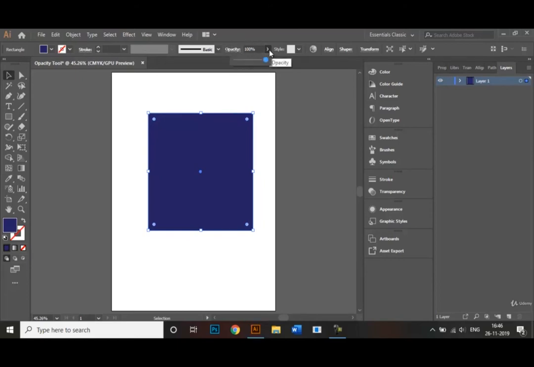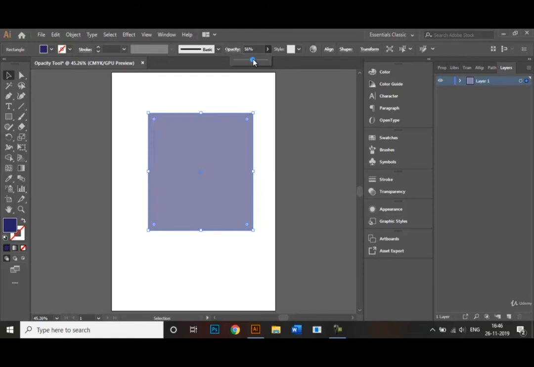If I click on this, and slowly drag my slider towards the other side, you can see that the percentage is also slowly decreasing. If I let go, you can see that my shape is now looking a little less intense. It's looking more transparent, right? So that's the opacity tool right here.